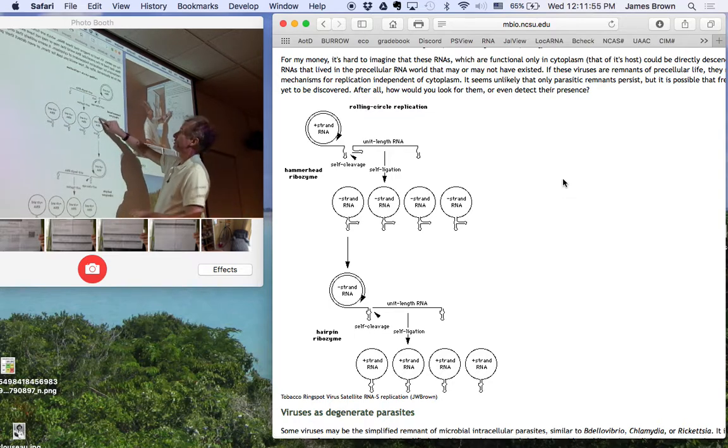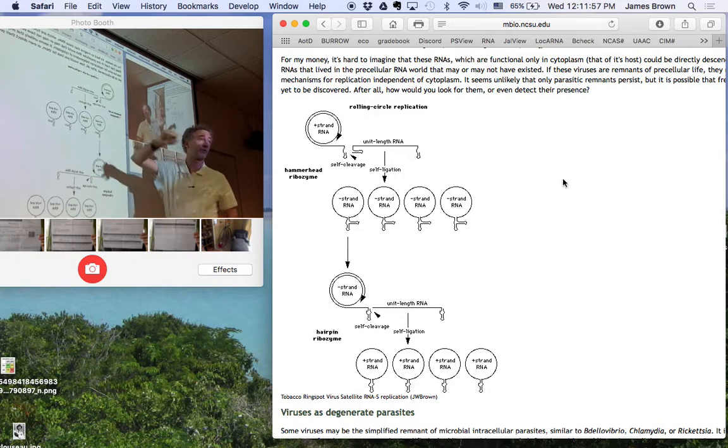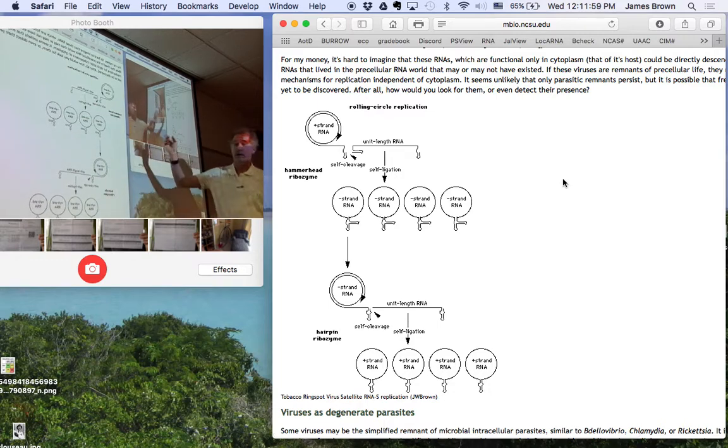I mean, you might imagine that you could code a replicase in here or something like that, or one of these RNAs could have replicase activity. You can do a little bit of that by in vitro selection. You can prove that that's feasible. The biggest issue is where you're going to get your monomers. UTP just doesn't float around in the environment, right?